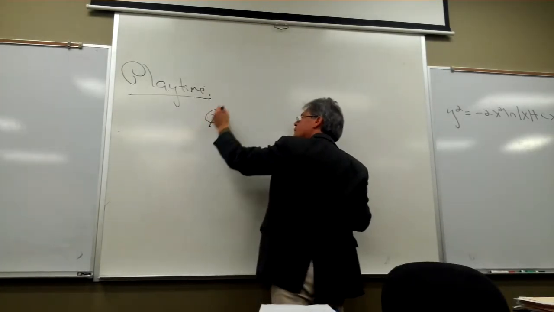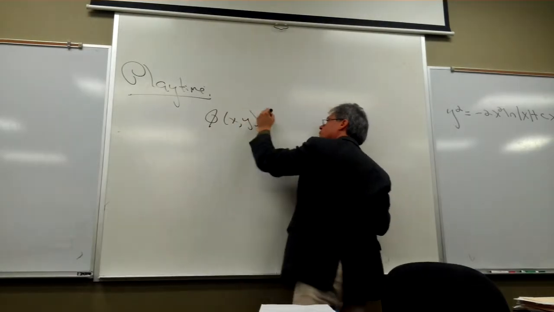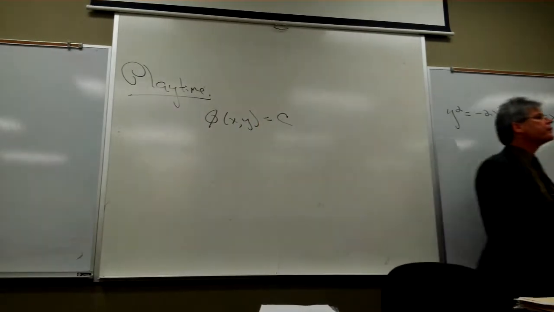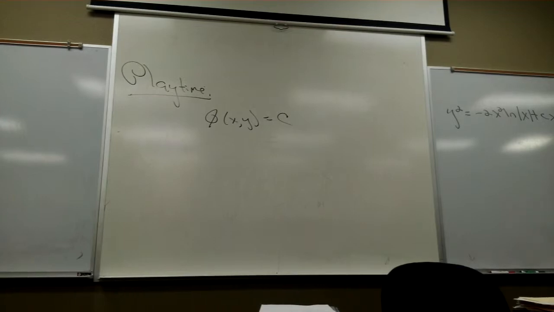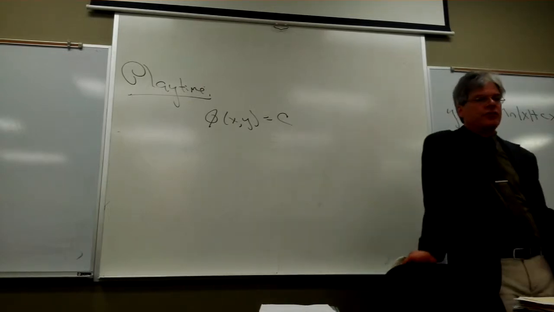Suppose I have some function phi in terms of x and y that's equal to a constant. In other words, I have maybe an implicit relationship between x and y, such that if I isolate a constant on one side of the equal sign, I get a function in x and y on the other side. If I can express a function in this fashion,